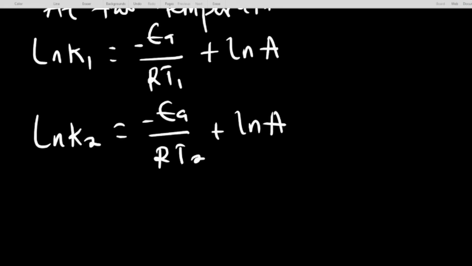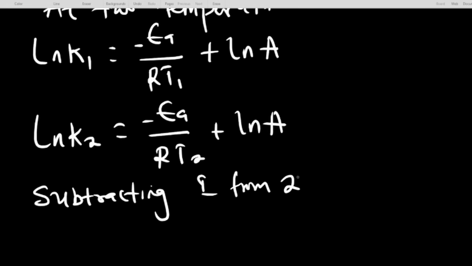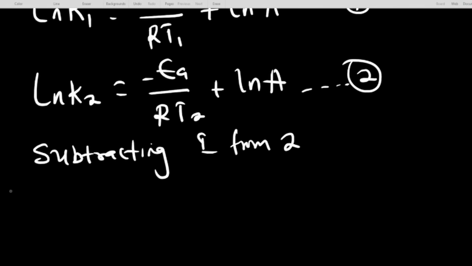Okay, so next we have to subtract these two equations. So I'm going to subtract 1 from 2. So we say subtracting equation 1 from 2. This is our 1 and this is our 2. So we're basically removing 1 from 2. So we write them nicely and this becomes, remember we said you subtract 1 from 2, so this becomes ln K2 minus ln K1, and this is equal to